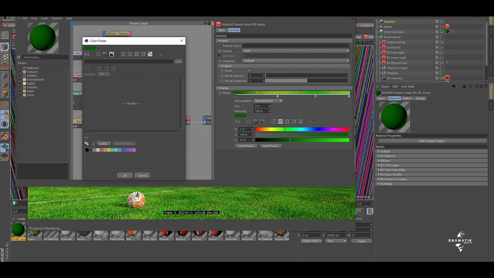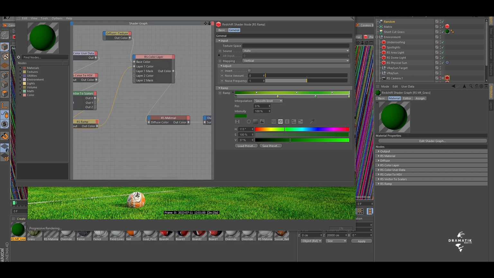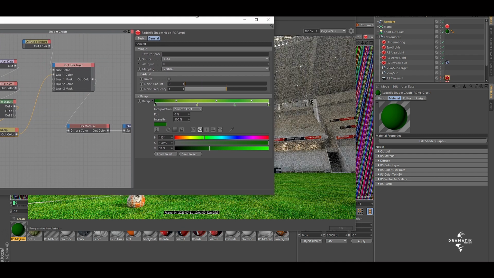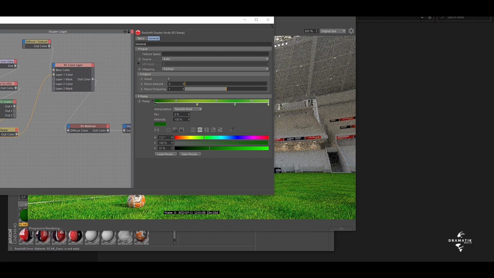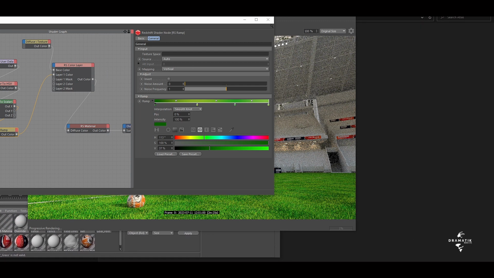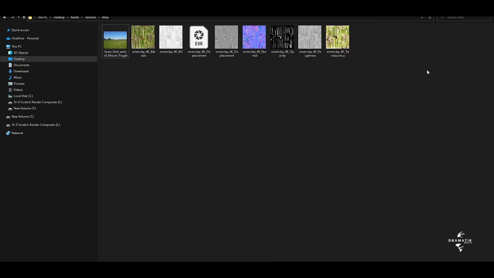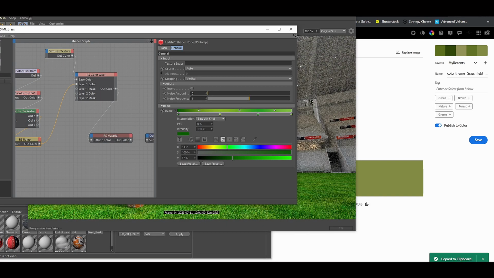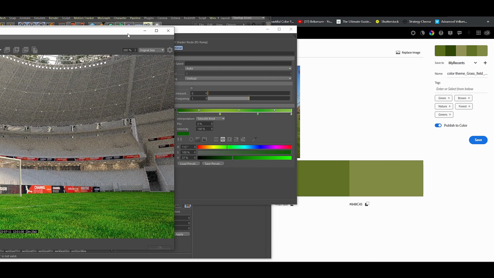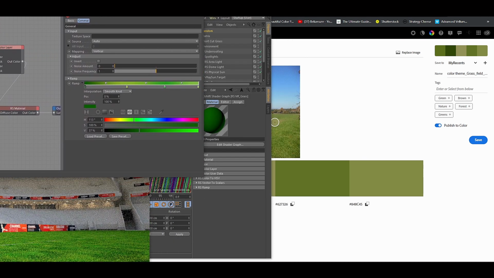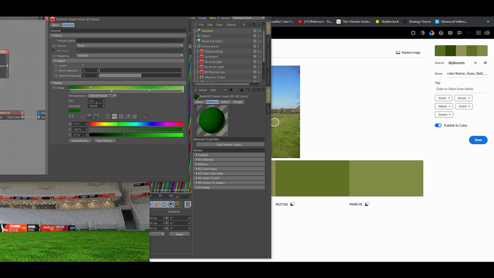Either way, what you can also do is, this color picker for Cinema works even inside of the application. So what I can do is just drag this. So what you're going to do, just slide everything onto the side,